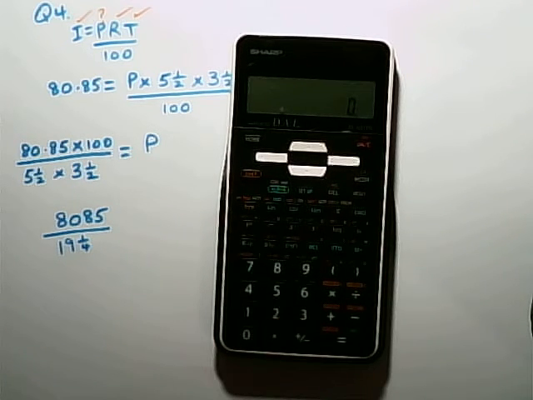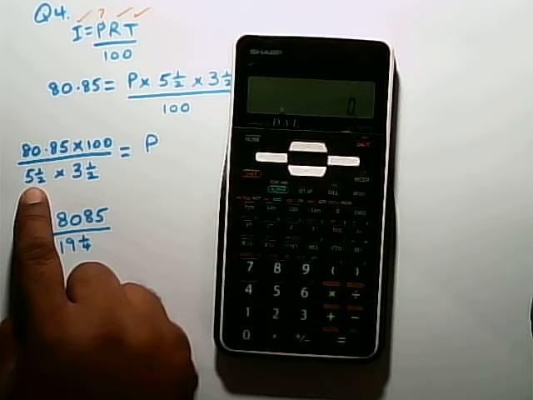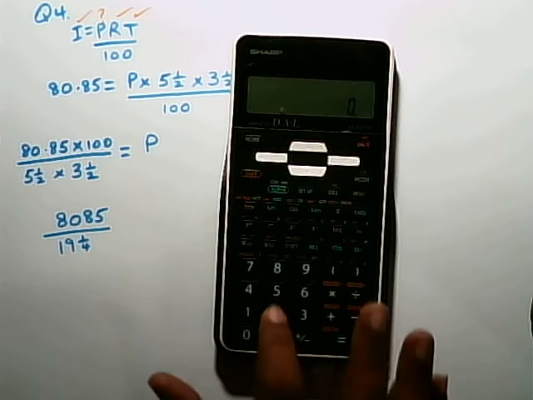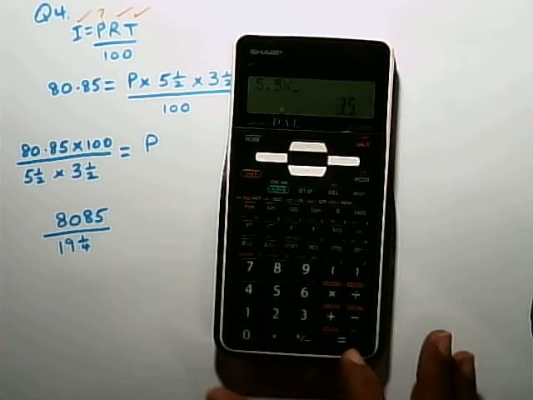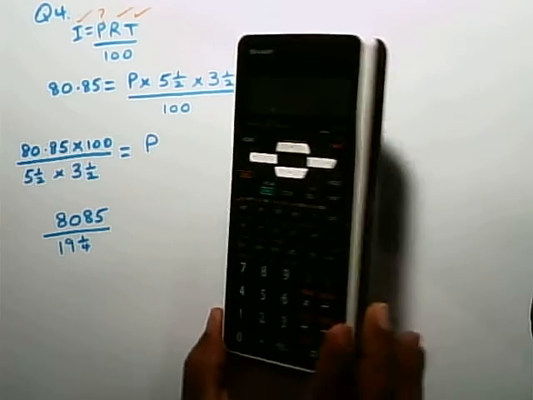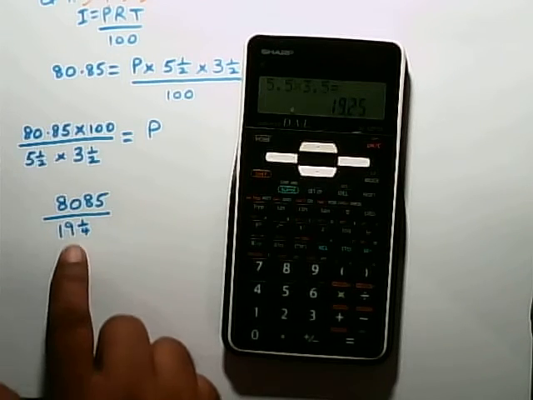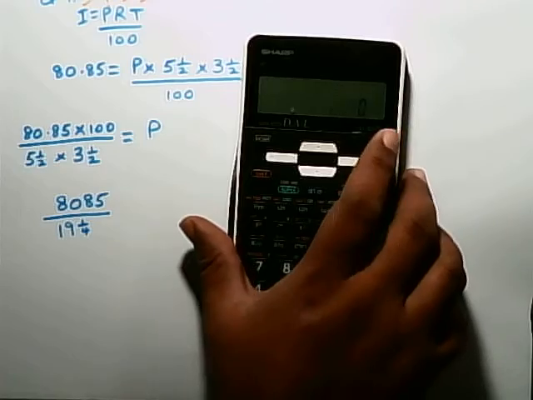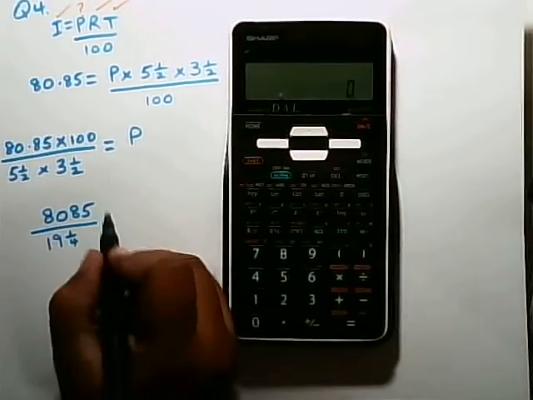If you didn't have a fraction button, you could still say 5.5 is 5.5 and 3.5 is 3.5. So you could go 5.5 times 3.5 equals, and you'll get the answer 19.25. Okay, now that we've reached this line,